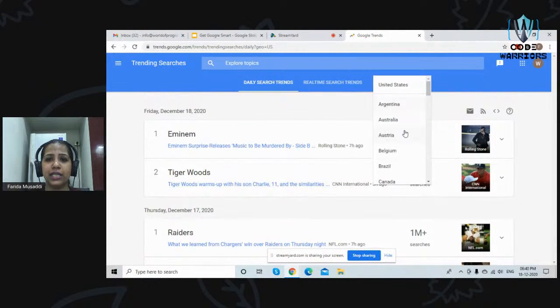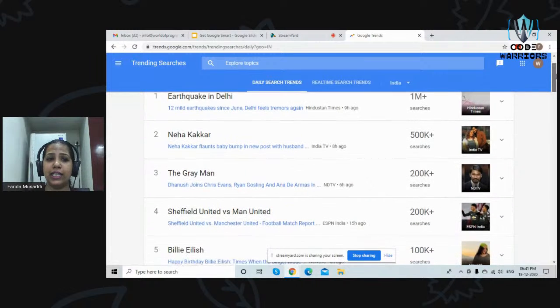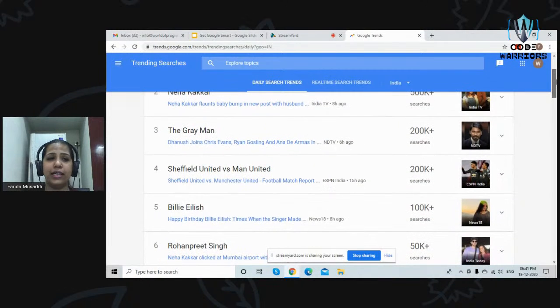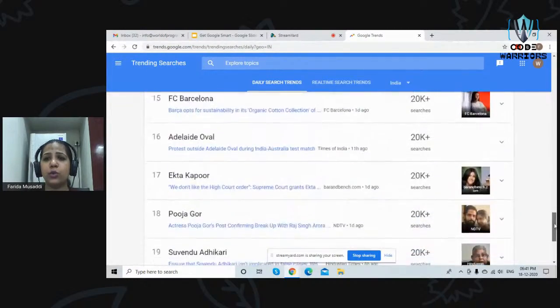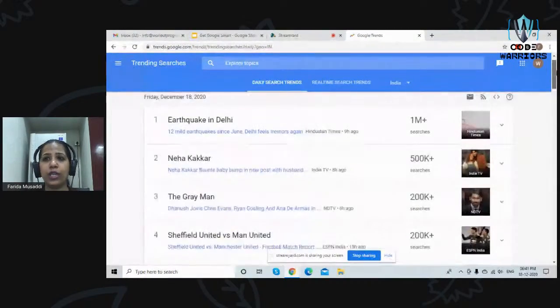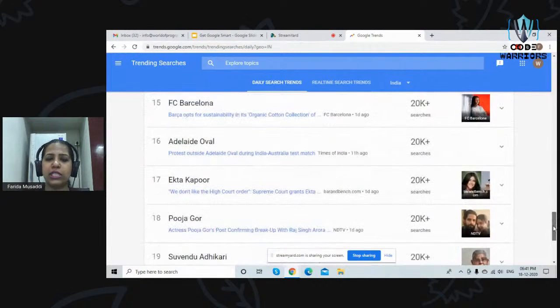Right now by default it's taking United States, but if I choose India, I can come to know what the searches currently in trend in India are. So there's an earthquake in Delhi, and Neha Kakkar, and so many things. So this is what is trending in India right now. Okay, I can be really updated with this information. I can know what is being searched for mostly today.